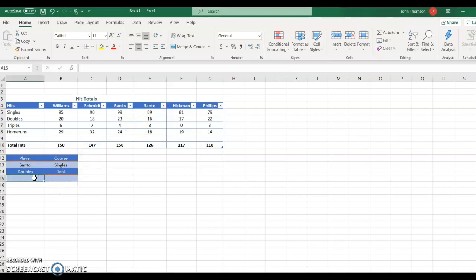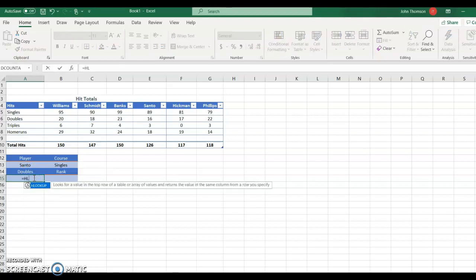So with that information, I'm going to click in cell A15. I'm going to press the equals key. I'm going to type HL, and I get the HLOOKUP function, so I double click on it. Now the lookup value we said is going to be Santo, A13. So I click on that cell. I'm going to put a comma, so now I can go to the next part of my formula, which is